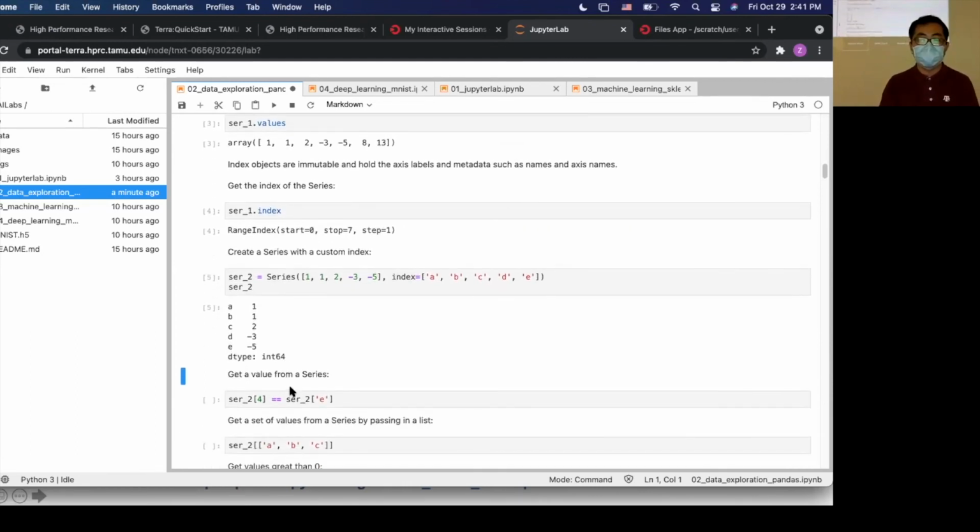So how can we get a value from a series? We can use its integer index or the label.